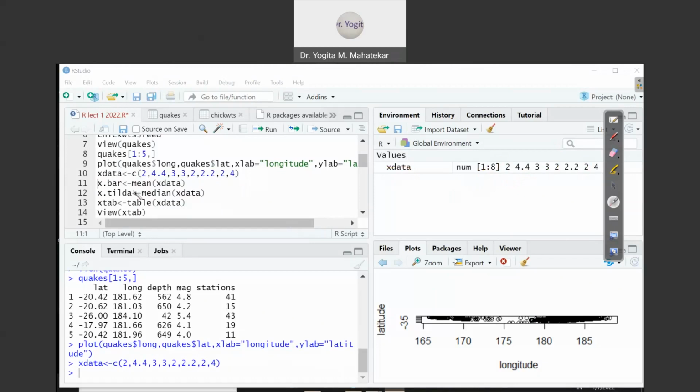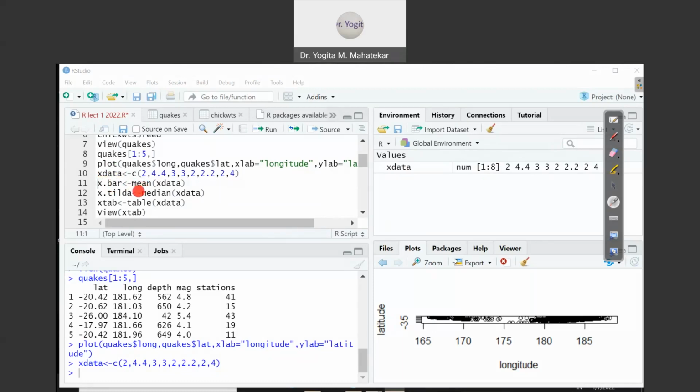Now I am interested in finding out the mean or average of all the numbers in this particular data. These are 8 numbers and I have to find their mean or average. For that the command is mean. The name of your numerical data is x data that you have given. It's of user choice. I have given the name to this list of numbers as x data.